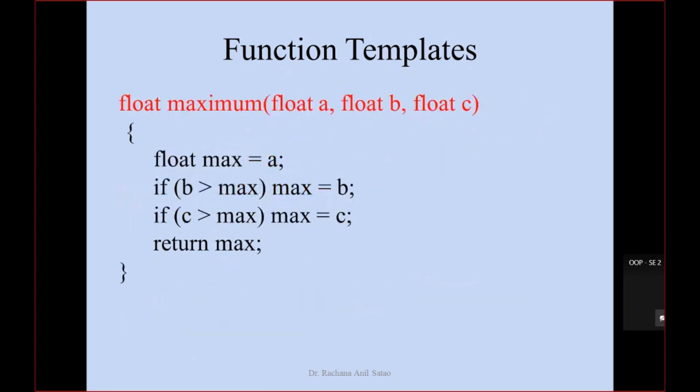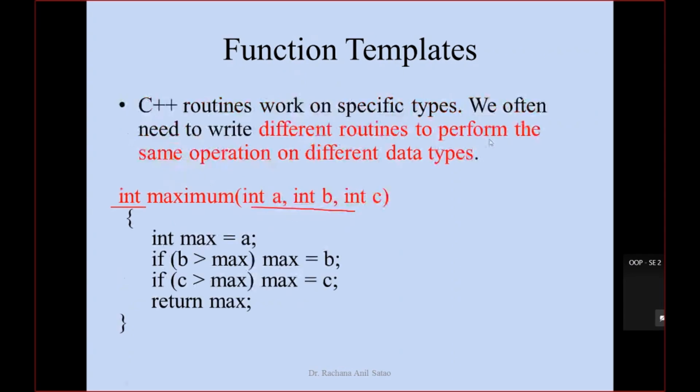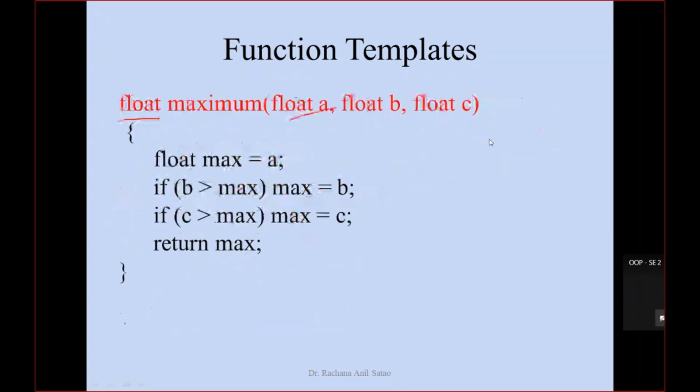Okay, now let us see. Now my teacher told me to write the same function for float numbers. So I have written the same function, just changing the data type of the variable. So here the return type is changed. I made it float. Then again I'm passing the same number of parameters, 1, 2, 3, to this function and all are float. Again I'm declaring a temporary variable here, max. It is also float. Logic is the same. So this is the first function which is written for integer. This is the second function which is written for float.